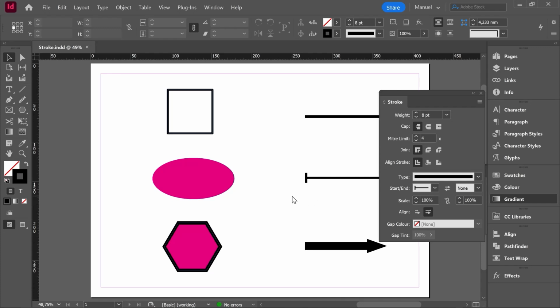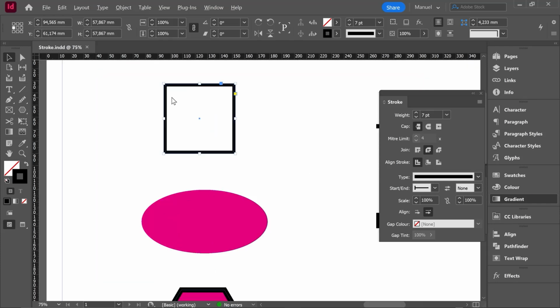First of all, we have to understand that we are talking about the stroke. And what is the stroke? When we are working with objects like geometries, shapes, or lines, these objects are vectors. A vector is defined by the stroke, the fill, and the effects. So, for example, this third shape, this square, right now, it just has a stroke, right? It doesn't have a fill, it doesn't have effects.